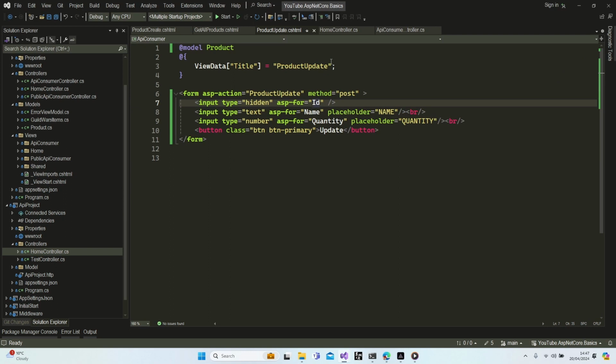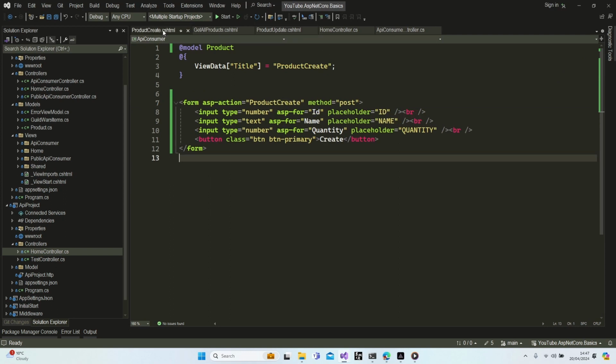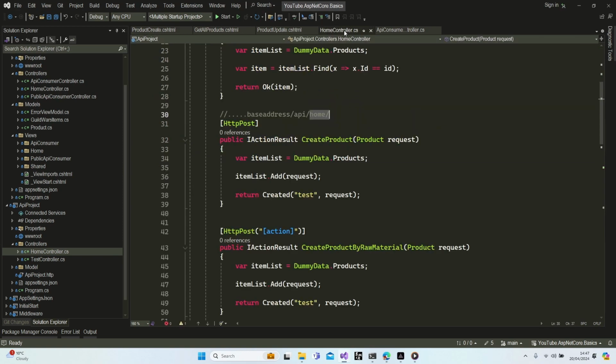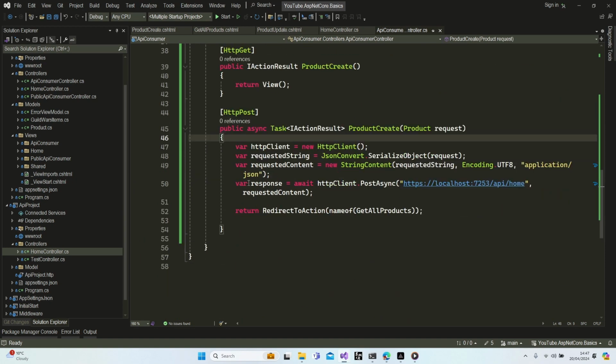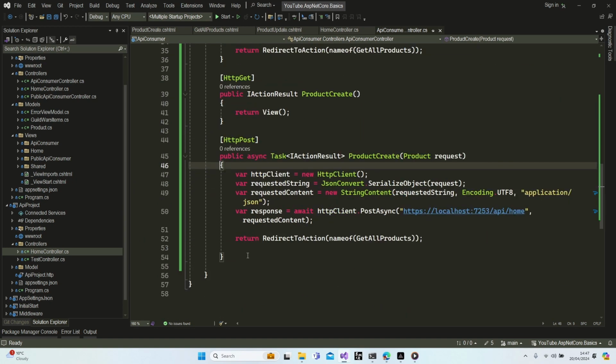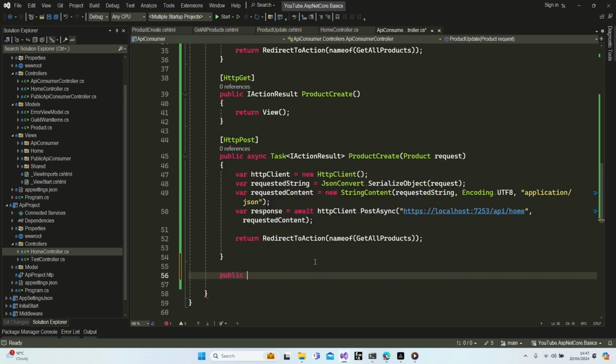Let me see if there is anything I should tell you here. HTTP get is working. Okay, let's continue with HTTP delete in our API project. To do that, I'm going to create a new